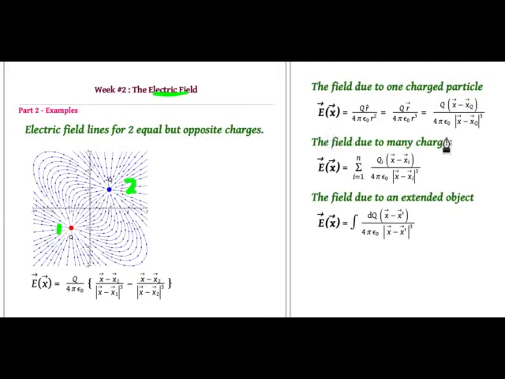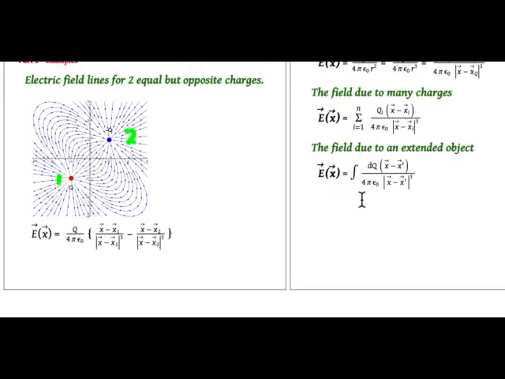If I have many charges, then I just use the superposition principle. I'll have the sum of q x minus xi over 4 pi epsilon 0 x minus xi cubed, summed over i for the number of charges in the system. So this is an example with one particle, this is an example with many particles, this is an example with two particles. And finally, the field due to an extended object,